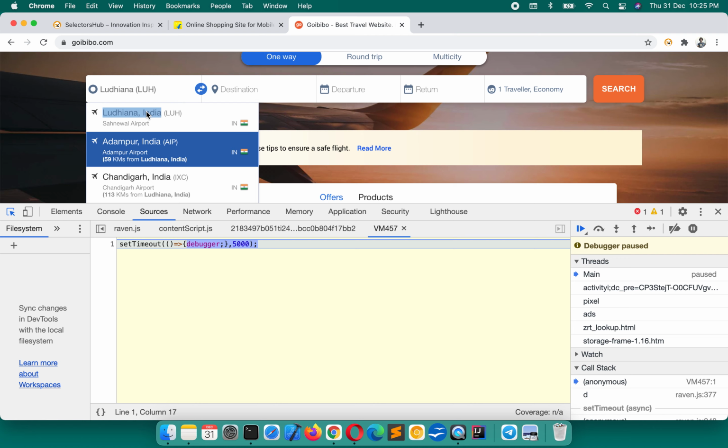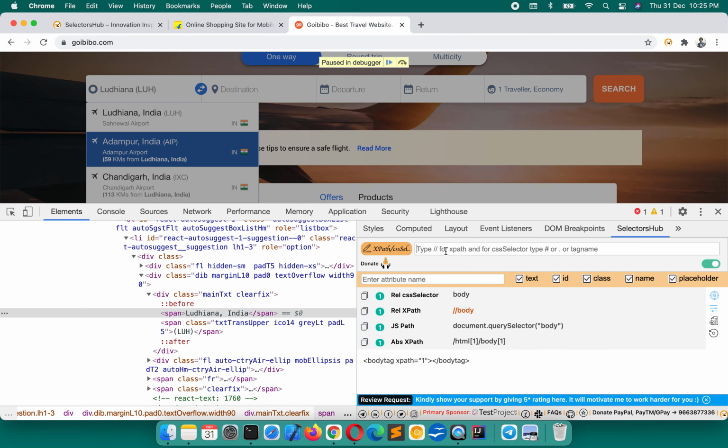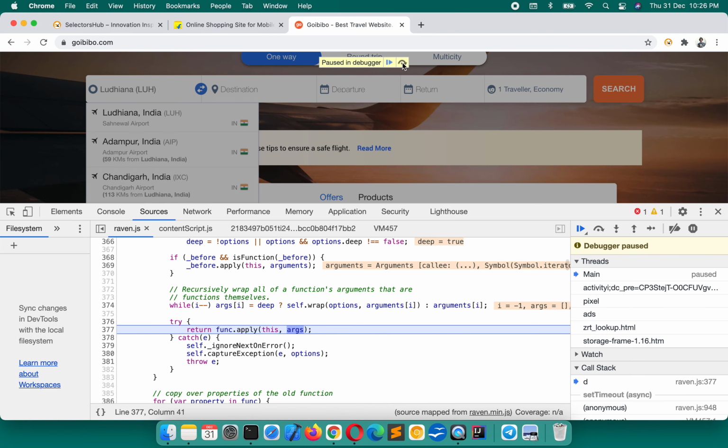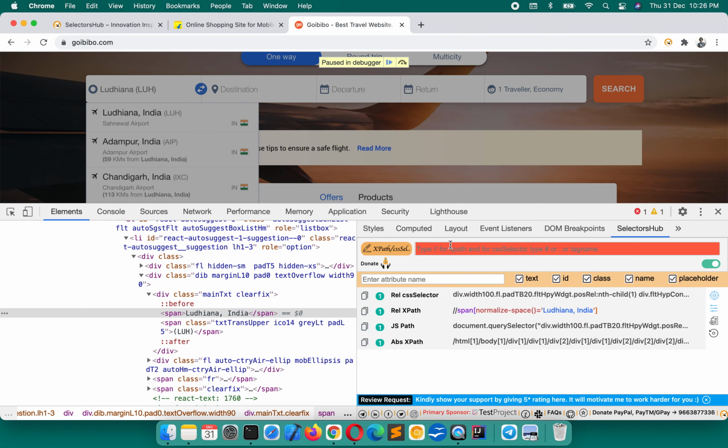You can inspect these values and write the XPath for them. It's so simple and straightforward, but in this case it will not auto suggest. If you want the auto suggest, you will have to click on this step over button 2-3 times, and then you can write here, or in fact it will give you the auto generated one. This is how we can generate and write the XPath for dynamic elements.